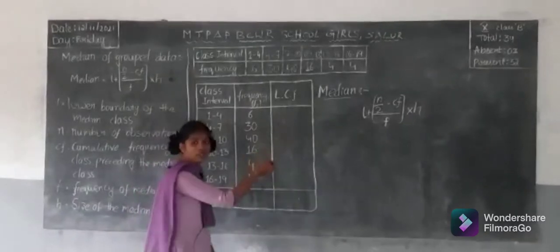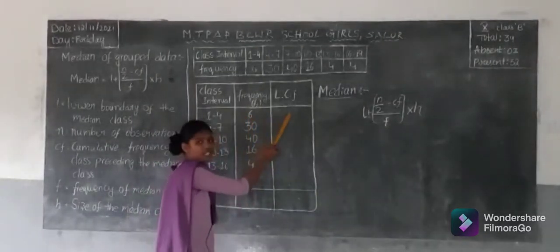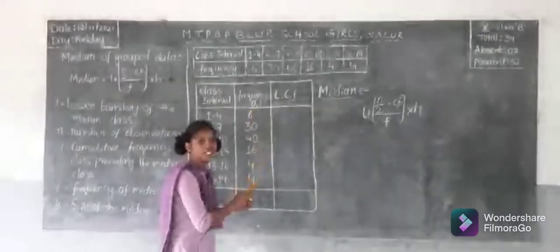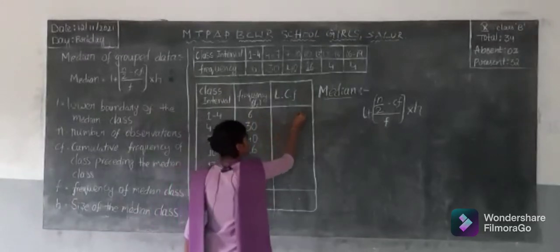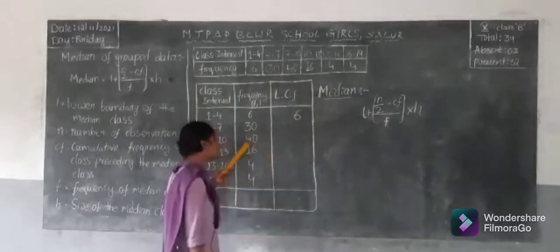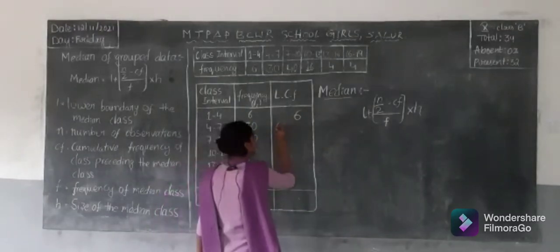To find the less than cumulative frequency, firstly we write the first frequency as it is, and after that we add the previous cumulative value to the next frequency. Here the first frequency is 6, so we write 6. And we add the before frequency to the next frequency. Here the next frequency is 30. So we add 6 to 30. So 6 plus 30 equals